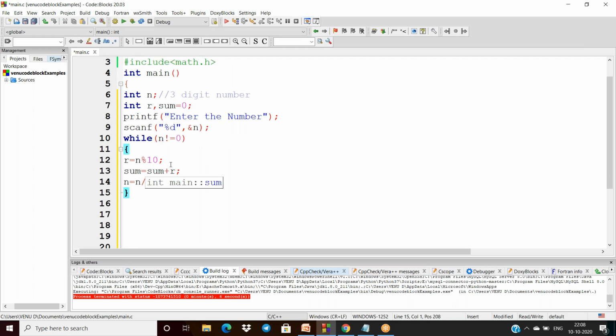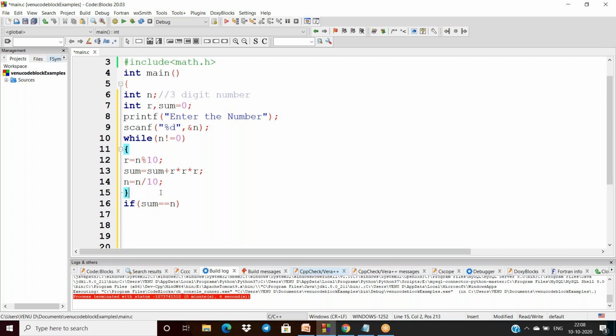But what we require here is the sum of the cubes of the digits of the number. So that is why I am replacing that with r multiplied thrice. Now this is the code. Here we are doing the sum of the cubes of the digits of the number. Now after getting this, what do we have to do? We have to compare this sum with n.